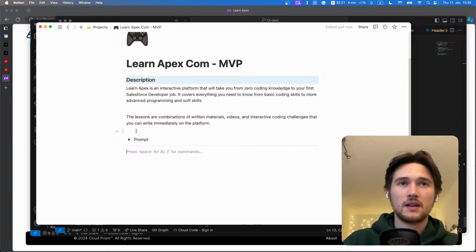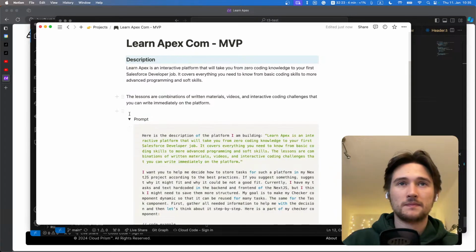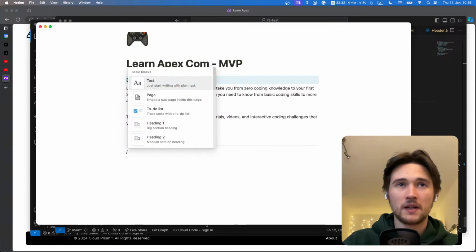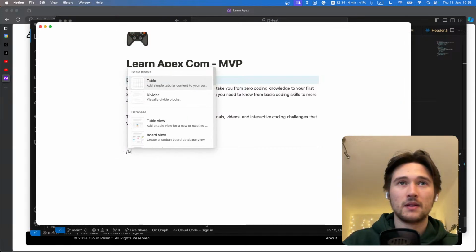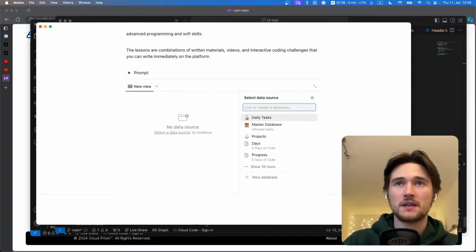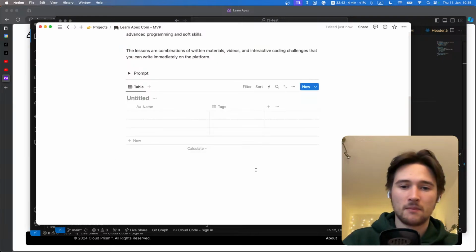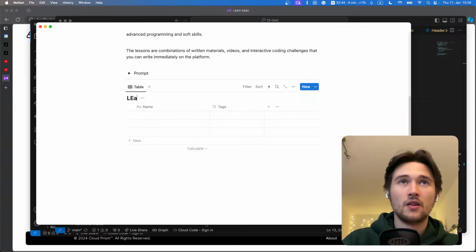Here I had the prompt, quite a long prompt, but it didn't really help me that much. Anyway, here I want to create something like a table, but not a table, I would say a table view. So I want to create a new database here, and I'm going to call it learn